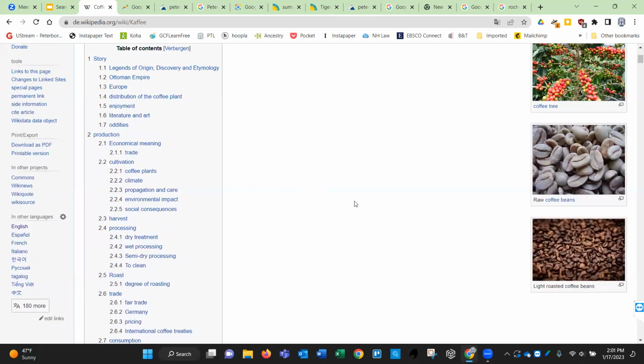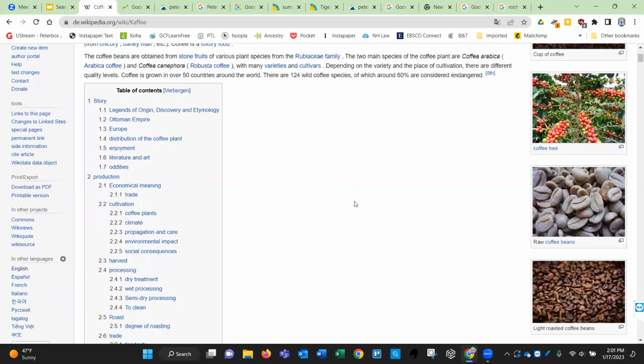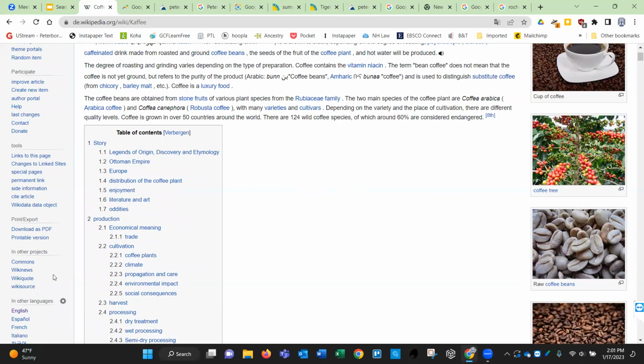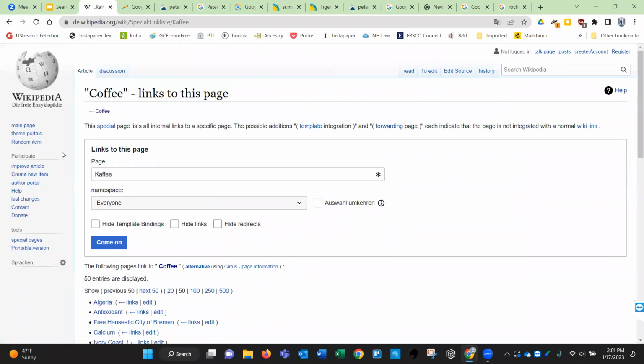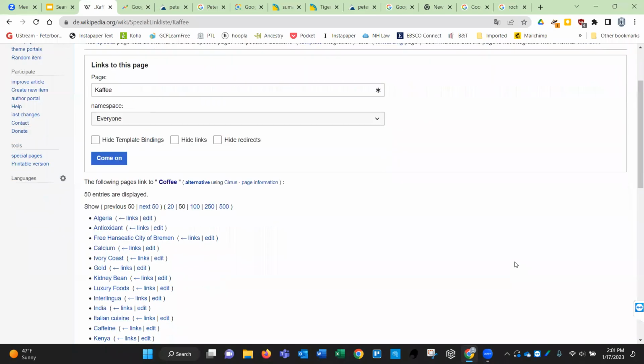The other thing I wanted to show you, which I thought was pretty interesting, is if you, among the tools, there's links to this page. So these are other articles in Wikipedia that are linking to this page. And so you can take a look and see if this is a way of building up information that you might have.